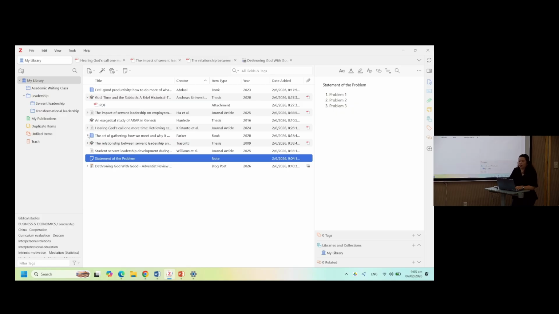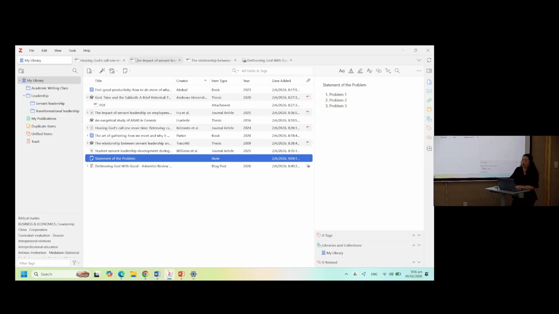Alright. Now, once we're done with gathering your resources, using your connector, organizing your materials, and creating your quotations and your notes, now we'll try to use our Microsoft Word with Zotero. Okay? So this is where you do your working paper now.